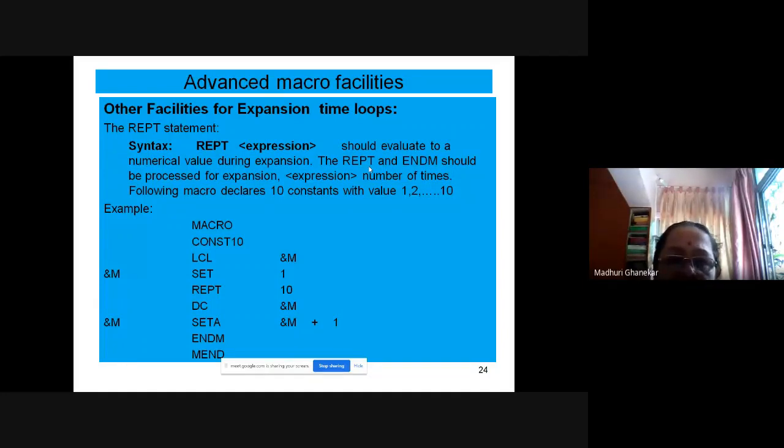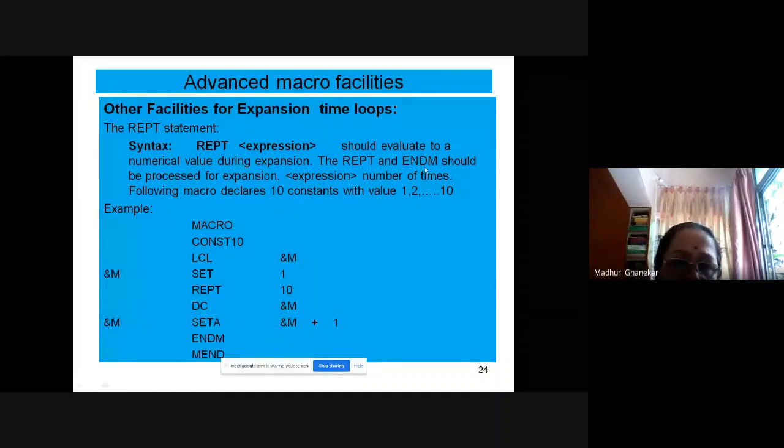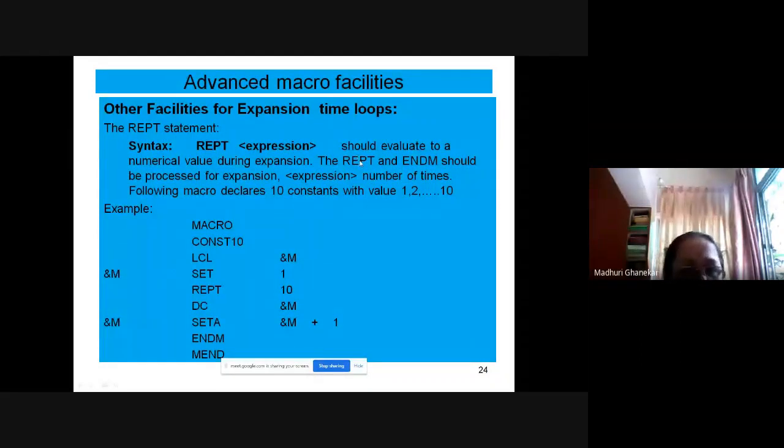In the same manner, REPT is followed by ENDM. With REPT it will start, with ENDM it will end. So whatever is the expression, that many number of times the loop will get executed.